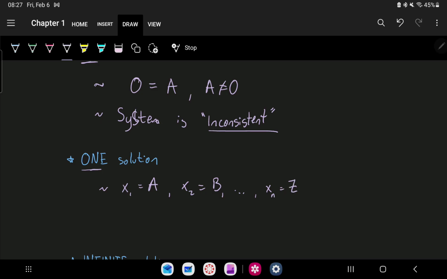So this is going to mean that there is a single value of x1, x2, and so on until xn. There's a single value for all of these variables that is going to solve this system of equations, right? Any other value will not work. It's going to be one solution to this system, and that is what we're going to find and put in that coordinate system style. It's not a coordinate system, I shouldn't say that, but it's going to be in that